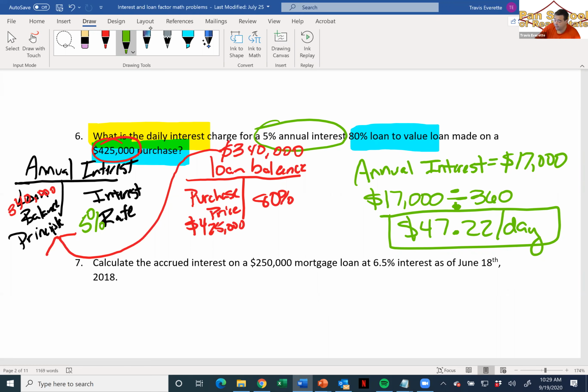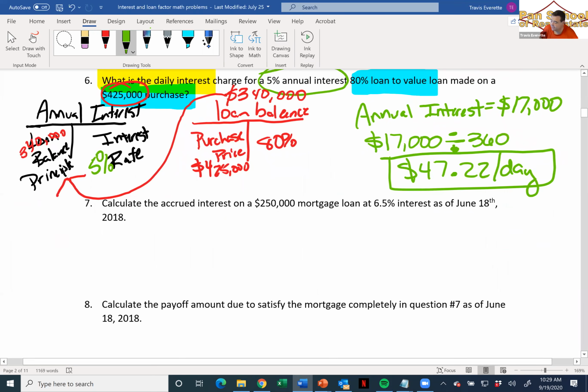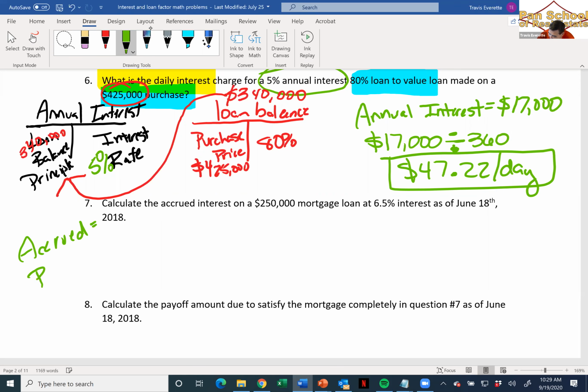All right, so then Brittany asked about number 7. And number 7 is a really great question because it really just builds on the exact same thing we did. This was the question Avi started off with at the beginning. What is accrued interest? Accrued interest is interest that is built up, accrued equals the past, equals built up, or accumulated, I like that, Amber. It's interest that has accumulated over time.